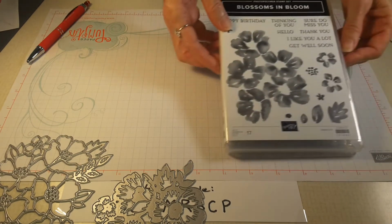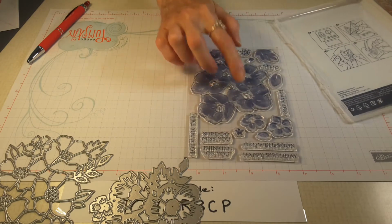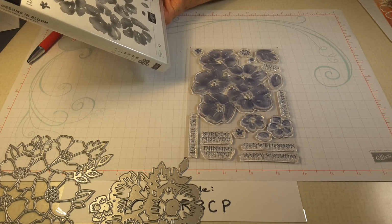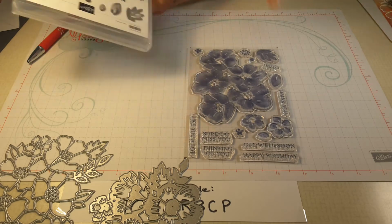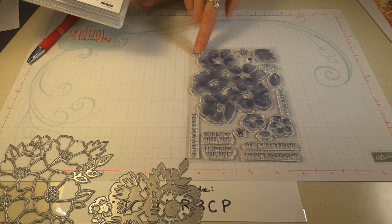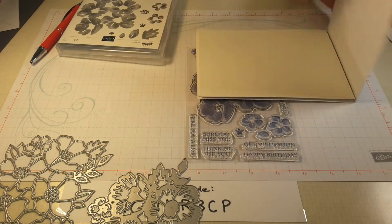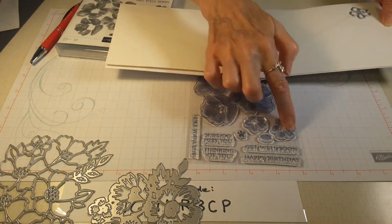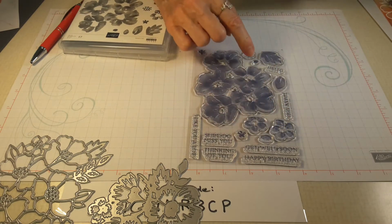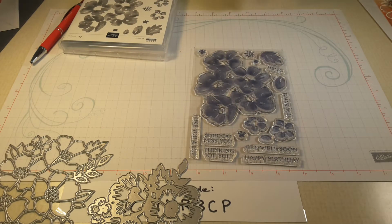Just to tell you about the stamp set again, it comes with this large flower stamp, and you can see mine right there. It comes with the words happy birthday, thinking of you, sure do miss you, hello, thank you, I like you a lot, and get well soon. It has a leaf, 2 size leaves, the center for the flowers, 2 little flowers, and then 2 of the other flowers that these dies coordinate with here. I'll show you again. These 2 flowers will coordinate with these 2 dies. I believe that might be the center for the flowers, these 2 items here, or the leaves maybe for those flowers. I have to try them out. Okay, so that's what we're